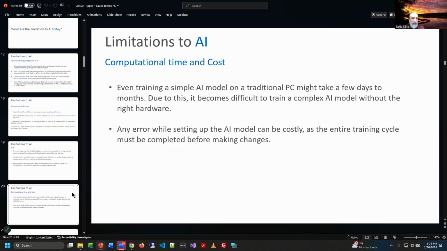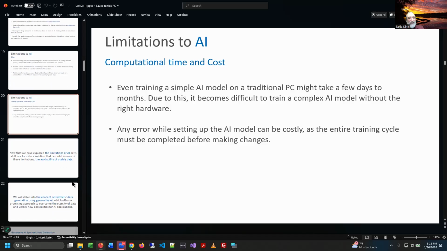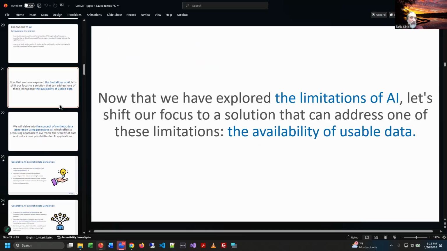And notice, that second bullet says if there's any errors in the model, if the model's not right, well, then guess what? You're going to have to retrain it again. So then more cost goes in. And this is one of the reasons why it took us so long to get the generative AI models out there. And then once the good models were built, and more importantly, the code that built them was shared, open source code, and other people could build on the same code, then the whole process started to accelerate. Couple that with all the technological advances, and it really makes us understand why we're where we're at now.